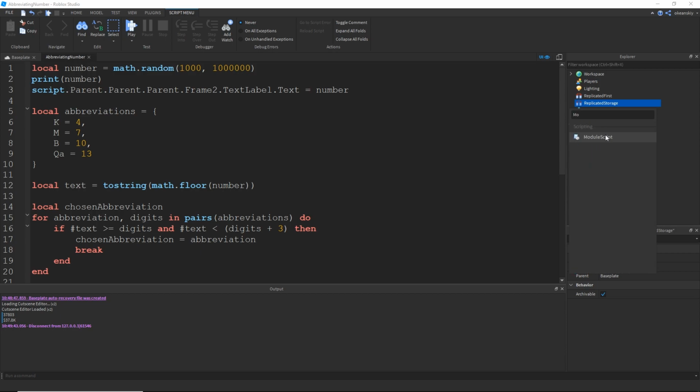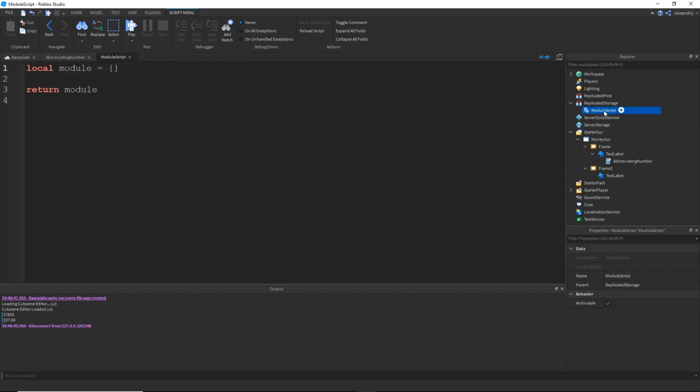I'll make a new module script. If you want the module script to be available on the client and the server, then you put it in replicated storage. If you just want it to be on the server, you put it in server storage. We obviously want this to be able to be accessed by our client-sided local script, so I'm going to put it in the replicated storage. I'm going to call this AbbreviateNumber,